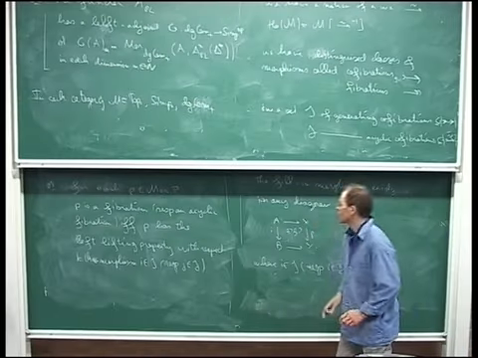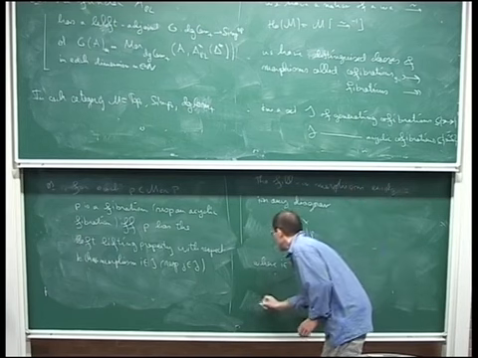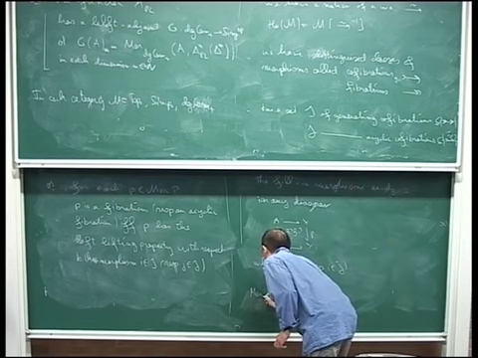And the point is that whenever you have such a structure, you can compute morphisms in this derived category